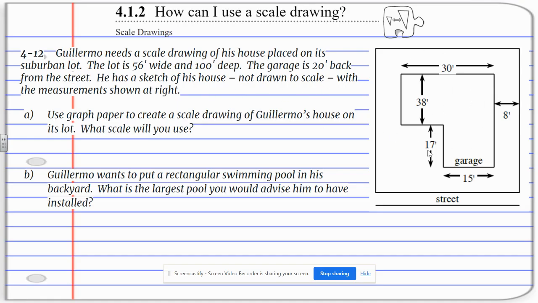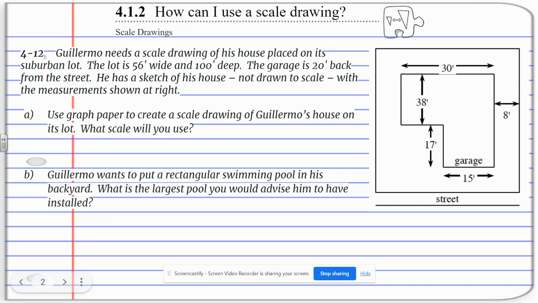So what that means, not drawn to scale, is this shape of the house is not actually what it's supposed to look like, because it's not a very good drawing. If you look at the numbers, some of those numbers don't really make sense, right? So what we're going to do is use this information to draw what Guillermo's house is actually supposed to look like. All right, so we're going to use the graph paper